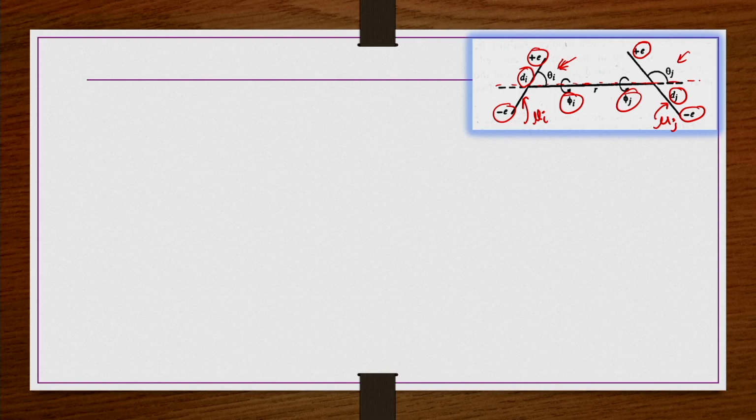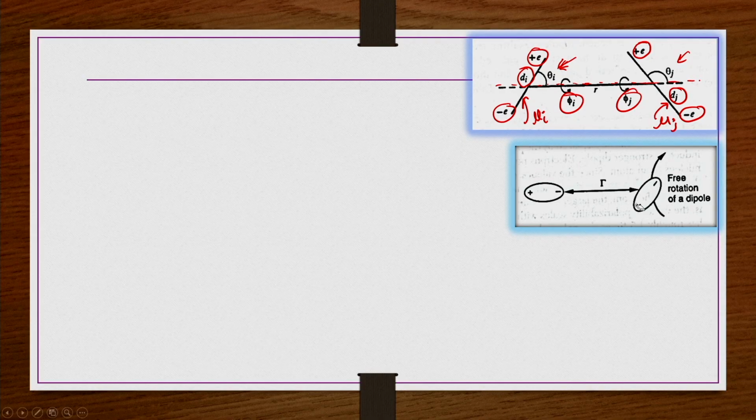So, a few orientations are taken like this, and then you can obtain the dipole-dipole interaction for each orientation and each rotational angle, etc. And then you can do such calculations for all possible orientations, and then you can do a kind of average. So, free rotation of a dipole, let us say if I show it with charges, it can be like